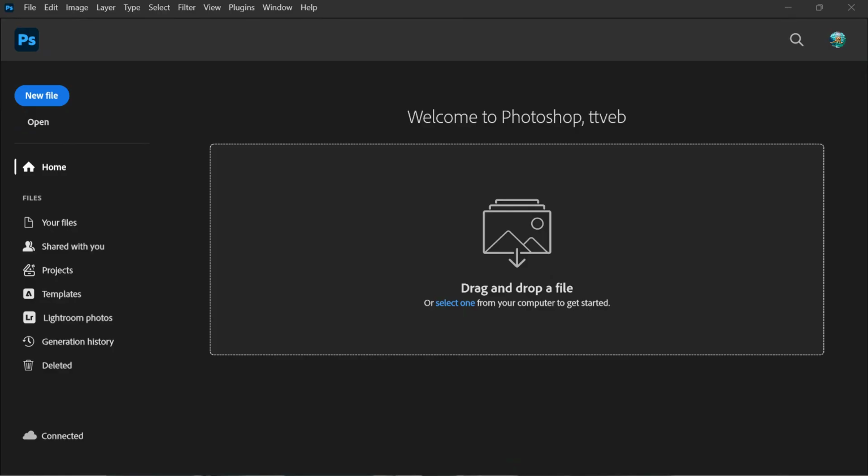So if Photoshop won't open properly, crashes on launch, or shows this error after an update, follow along step by